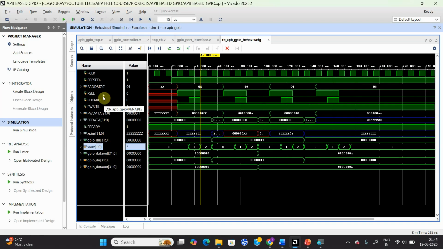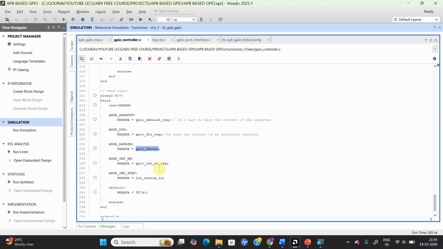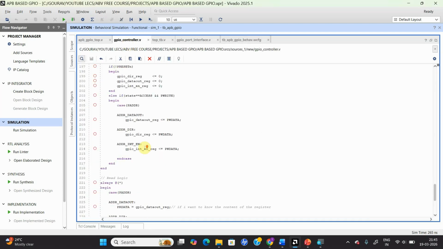Let me show you the code also parallelly. So in the GPIO controller, in the access phase,